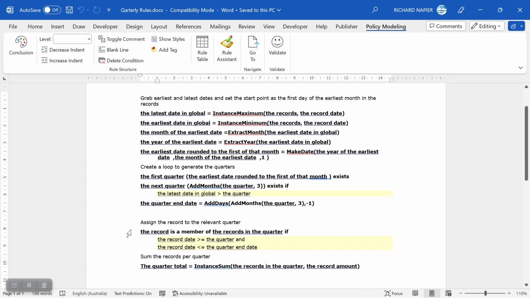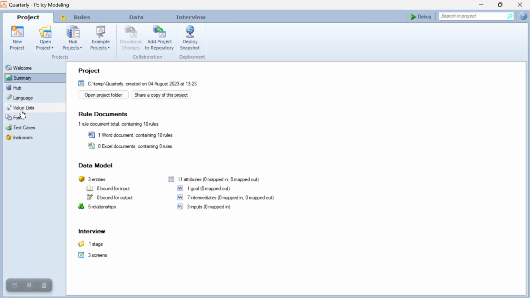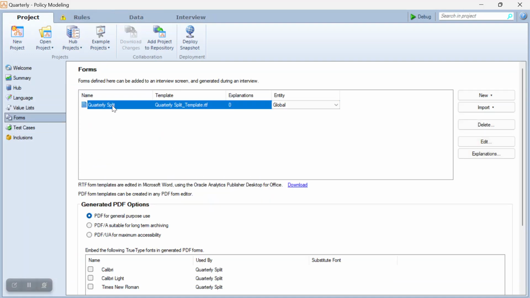And finally, then we use isMemberOf to assign the records to a particular quarter. And all we do is compare the date of the record and say, which quarter does this record belong to? Once we've done that, we can use instance sum to sum up the records in the quarter using the record amount. And once we've done that, we can simply display that in a PDF document, or rather this is an RTF, but you get the idea. And in that RTF file,